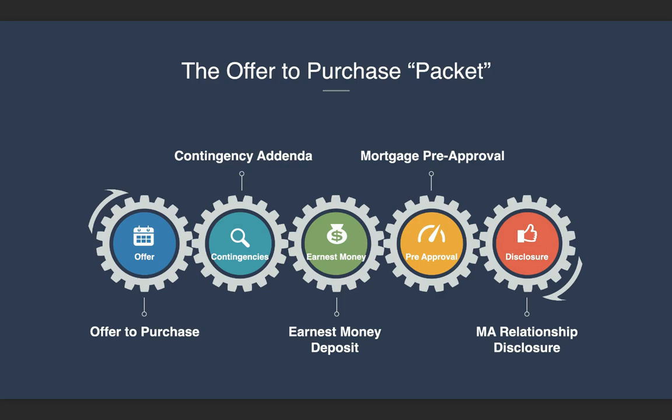Traditionally, with the initial presentation of an offer to purchase, you'll have a copy of a $1,000 earnest money check. An earnest money deposit should accompany all offers. It's a reflection of good faith on the part of the buyer. When presenting an offer to purchase, anecdotally, what occurs is you will see a photocopy of the earnest money check. Once there's a fully executed and mutually agreed upon offer, the buyer's agent will then hand over the actual check